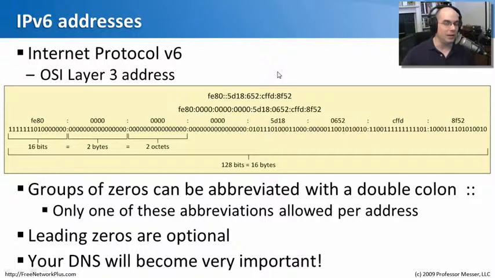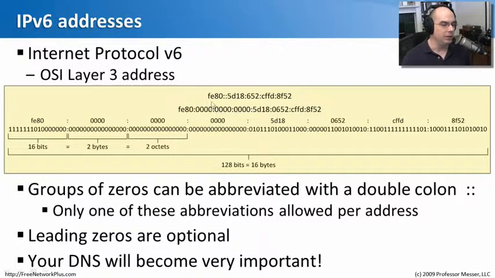Now, whenever you're planning to move to IPv6, you have to have an entire infrastructure of devices that understands IPv6. You have to have routers that work with IPv6. The latest versions of Windows Vista and Windows 7 work with IPv6 right out of the box. A very important one, of course, is going to be your domain name services. You're still going to need to type in the name of a server on your network. You're not going to be able to type in